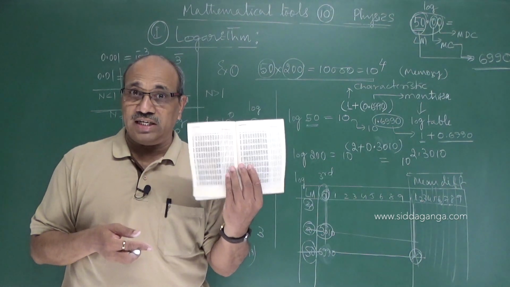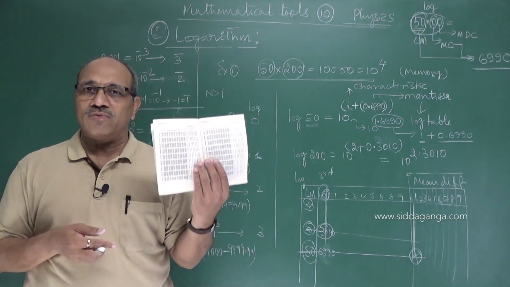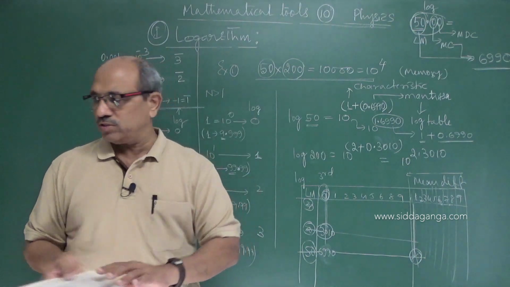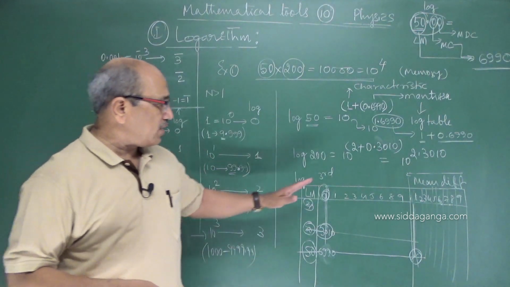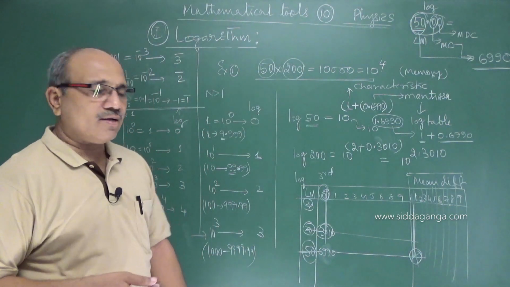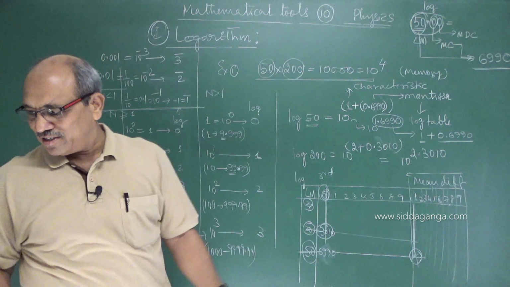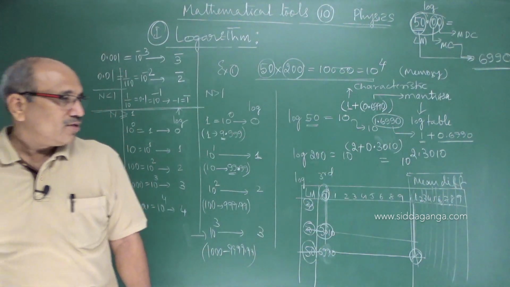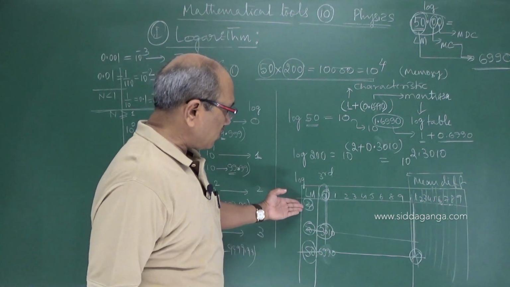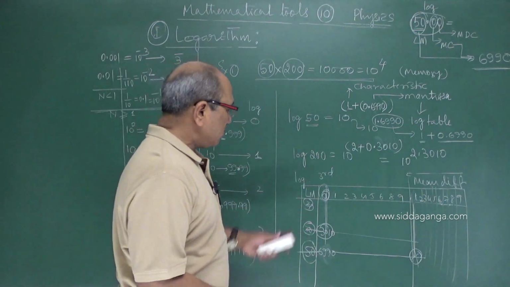Before going on to the next videos, you should have this book when you go through the videos. So now I come back to the point. I am trying to explain this. I have to get 10 power 4. You are finding it difficult now, no doubt, because so much explanation is required. I hope you have understood how to read the log book.